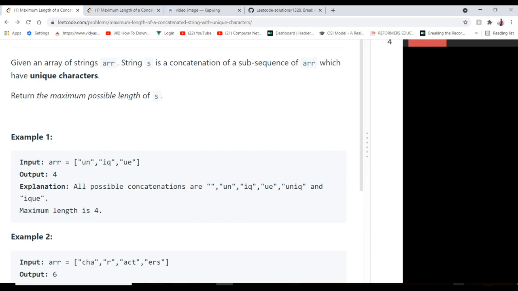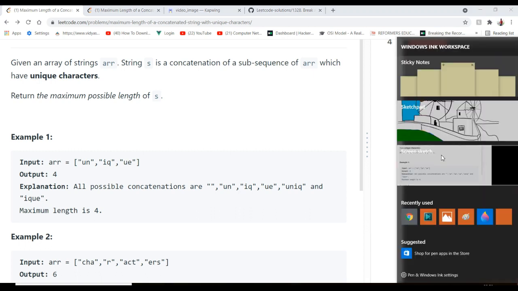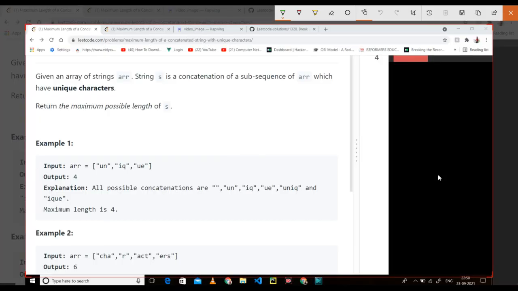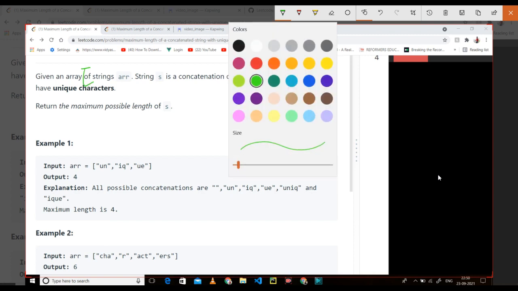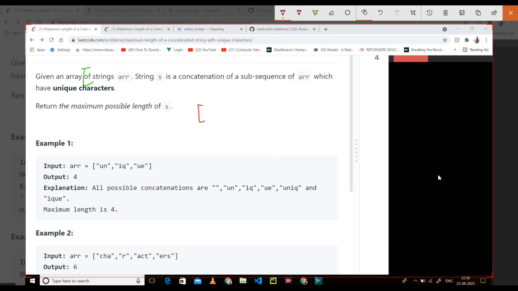Let me give an example. Suppose you have un, iq, ue. If you add the first two, you get uniq.